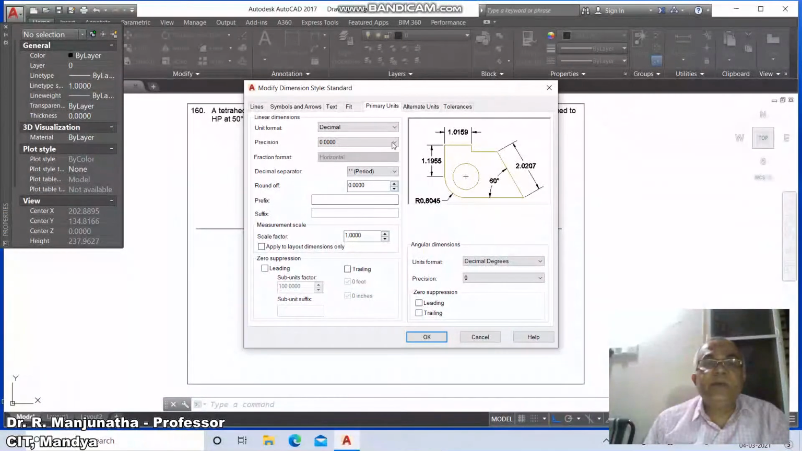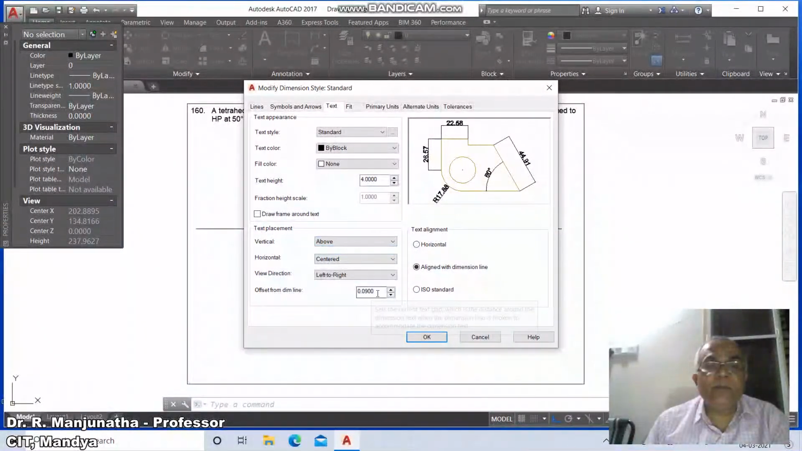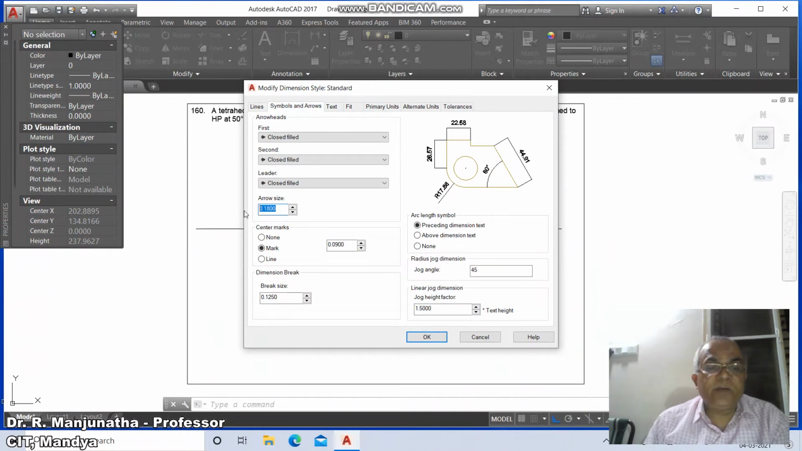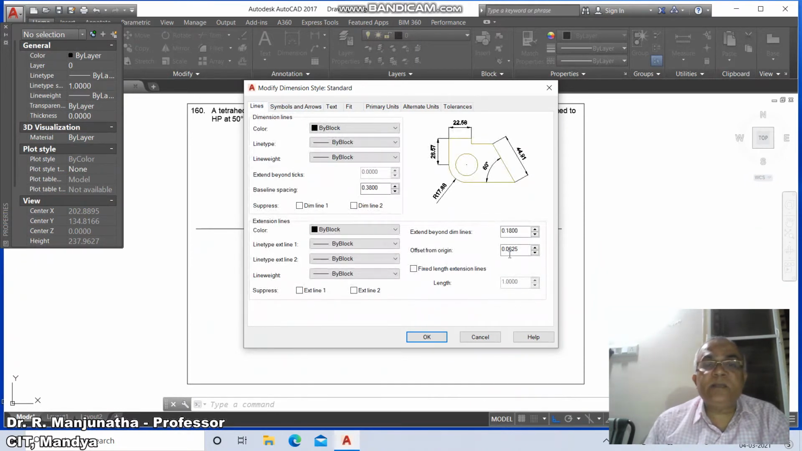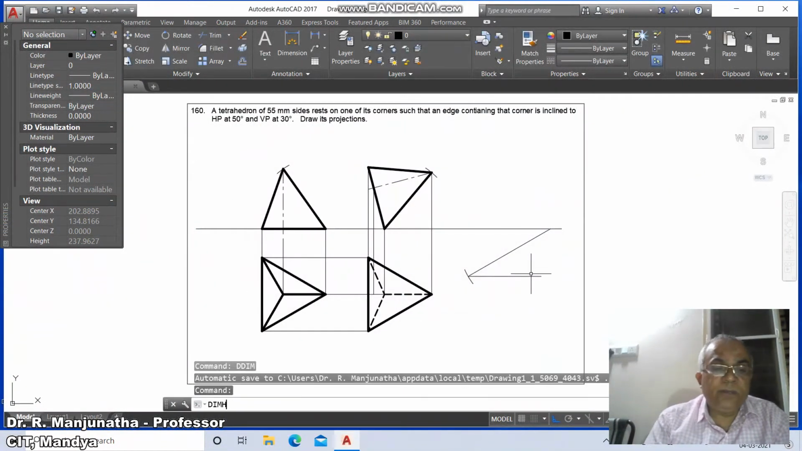Now you take primary units as up to second decimal point and go to text. You take the text height as 4, aligned with the dimension line centered above and take the dimension as 3 and take the arrow size as 4 and then go into lines, take the offset from the origin as 3 and say OK and say close. Then go to dim horizontal,